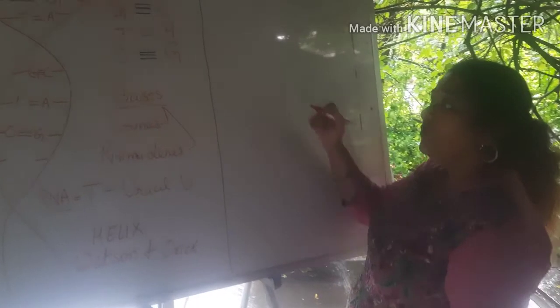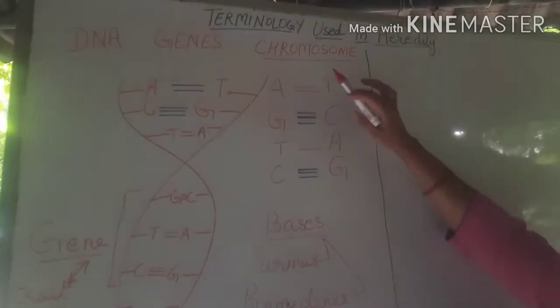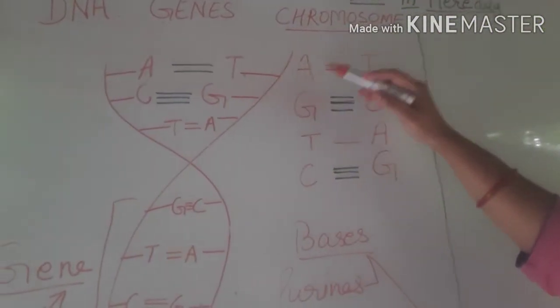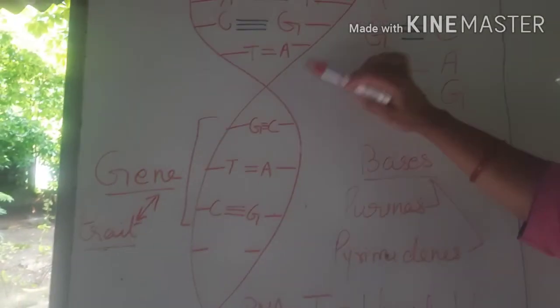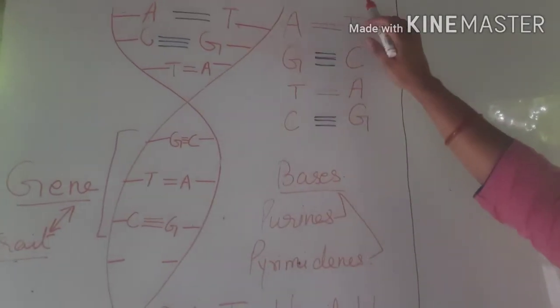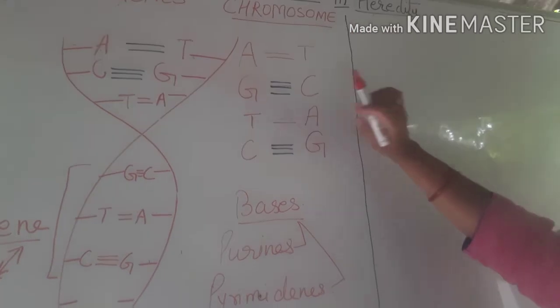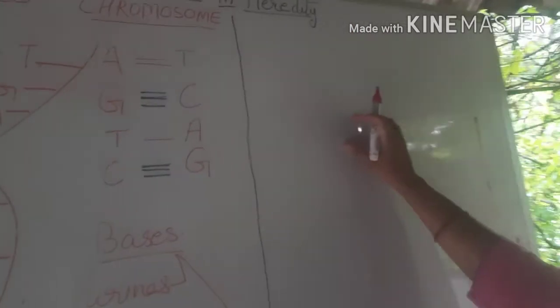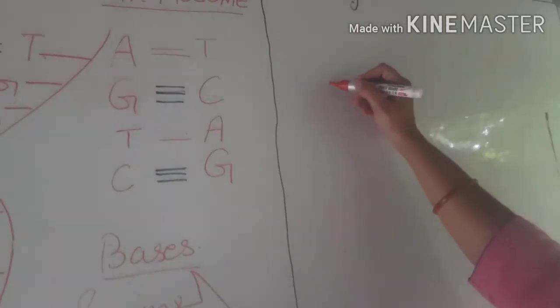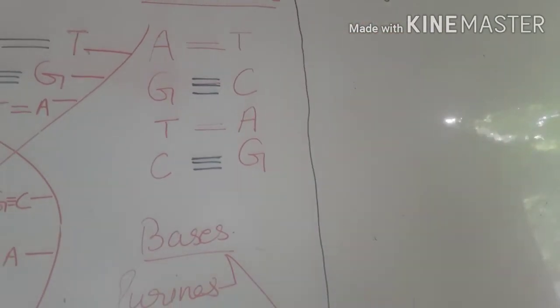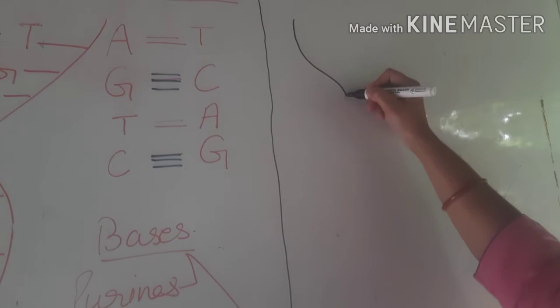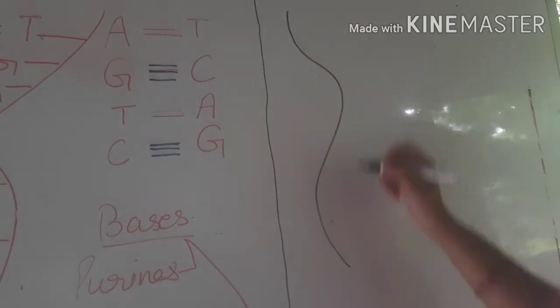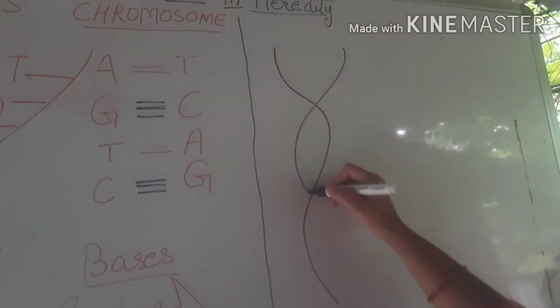So that much which I just told you about chromosome, genes and DNA, where they are located, which part is called the gene, what is DNA and what is chromosome, is now clear to you. After this I will tell you how this DNA strand is opening. Suppose this is the structure of the DNA.